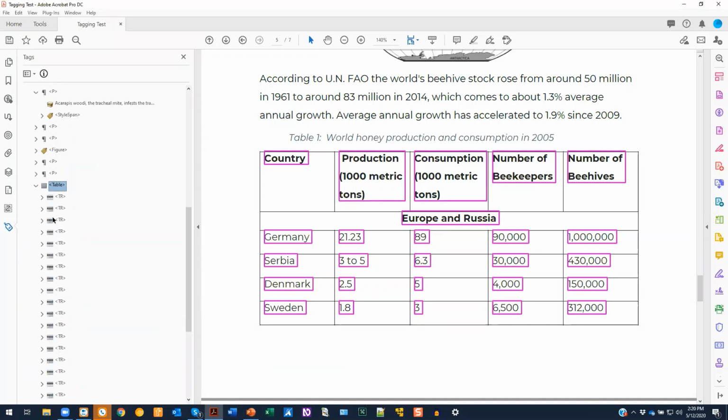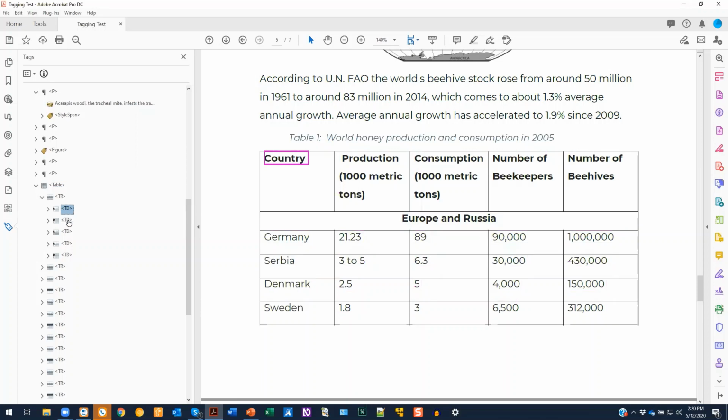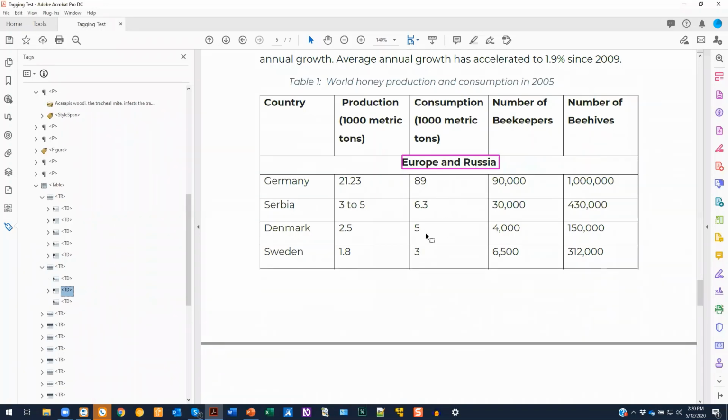So again, good construction here, but then TDs going across the top row, where these are really my column headers for the table. And I can see that there are 5 TDs in this top row. The second row only has 3 data cells in it, 2 of which are empty, and then 1 has the kind of subheader, if you will, that's centered in the table in the second row down. And then we get into the actual data cells and so on, going across for various countries and so on,